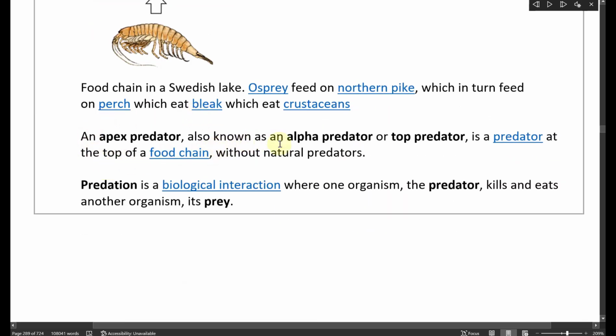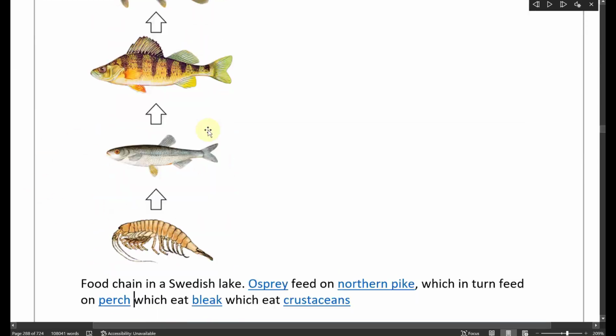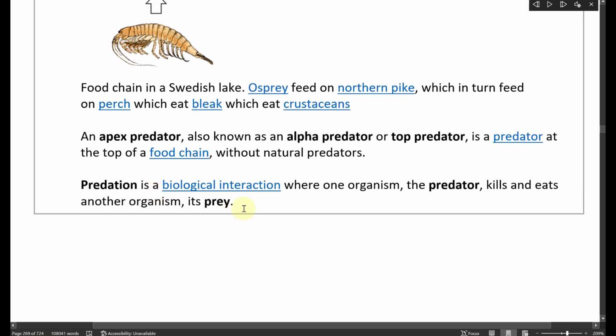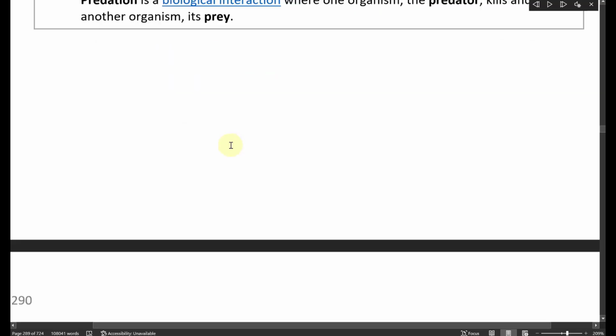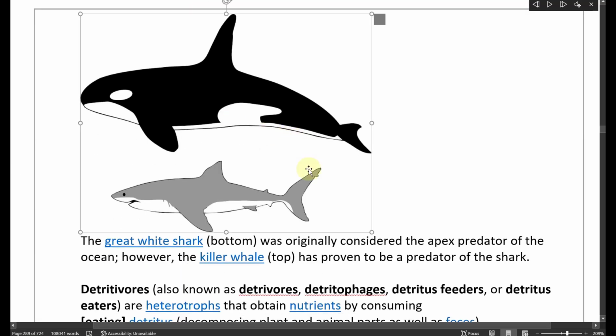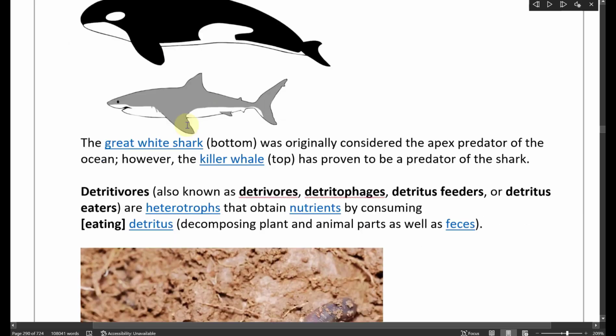An apex predator, also known as an alpha predator or top predator, is a predator at the top of a food chain without natural predators. So this could be considered apex in this food chain. Predation is a biological interaction where one organism, the predator, kills and eats another organism, its prey. So prey and predator relationship over there. Now here is a setup. A great white shark at the bottom was originally considered the apex predator of the ocean. However, the killer whale on top has proven to be a predator of the shark. That's pretty interesting, that's even bigger there. It eats the great white shark. Going further,